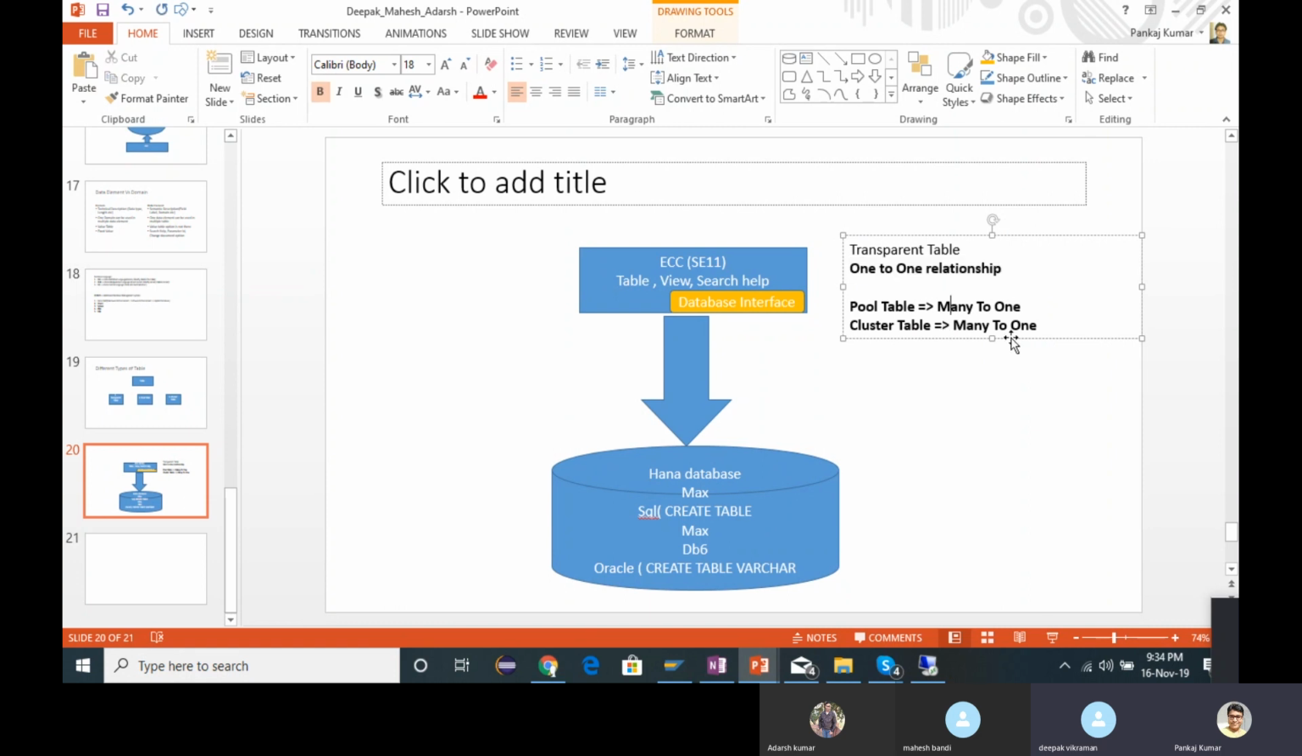Pankaj, one more thing. Can you please explain this many-to-one and one-to-one? I did not understand. You see, one-to-one relationship means if you create one table over here, a table over here,